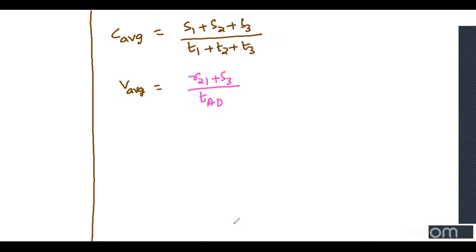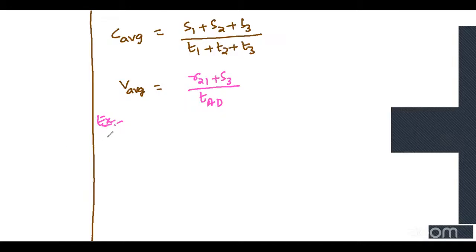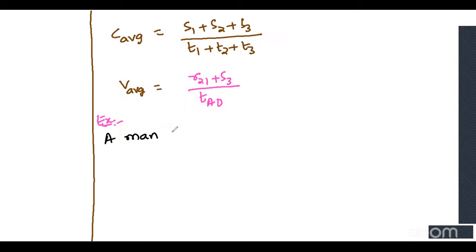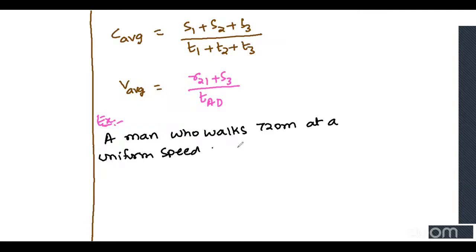Example: a man who walks 720 meters at a uniform speed of 2 meters per second,